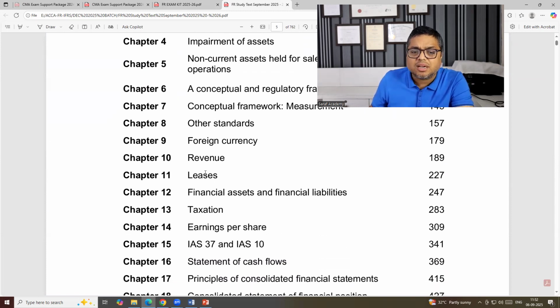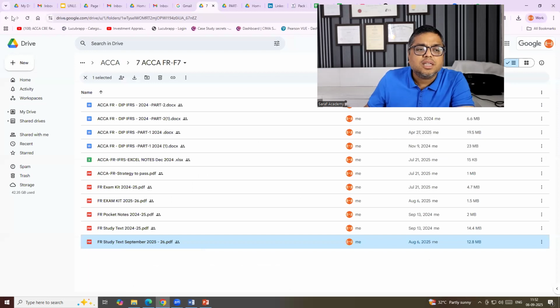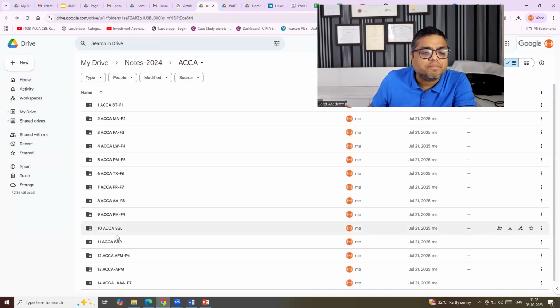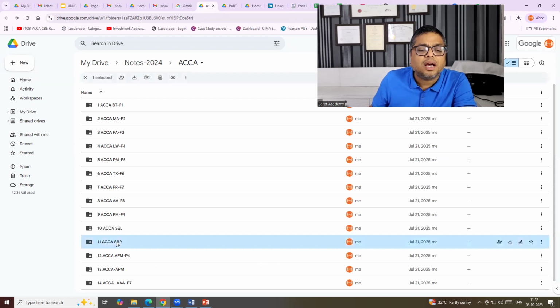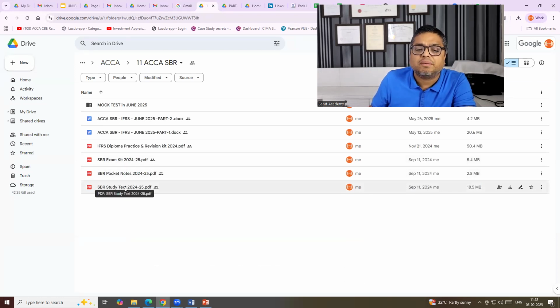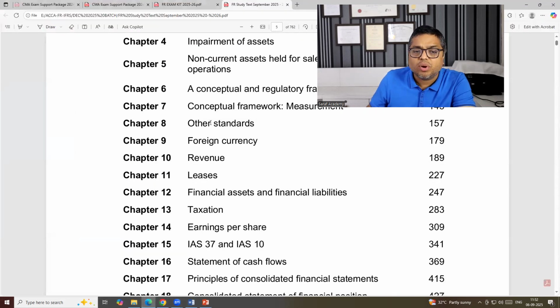In the syllabus content, suppose today we will be doing IFRS 2, share-based payments. That is not there in the FR syllabus, as I said earlier. So when you go into SBR, in the SBR exam kit and study text, you will get share-based payments. But before going into that, suppose we are doing the topic revenue recognition.